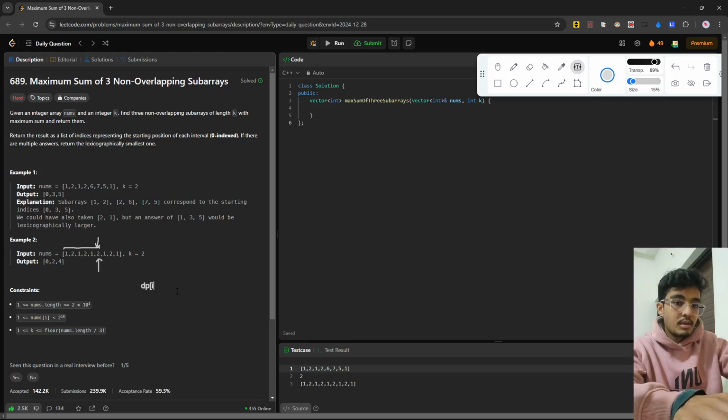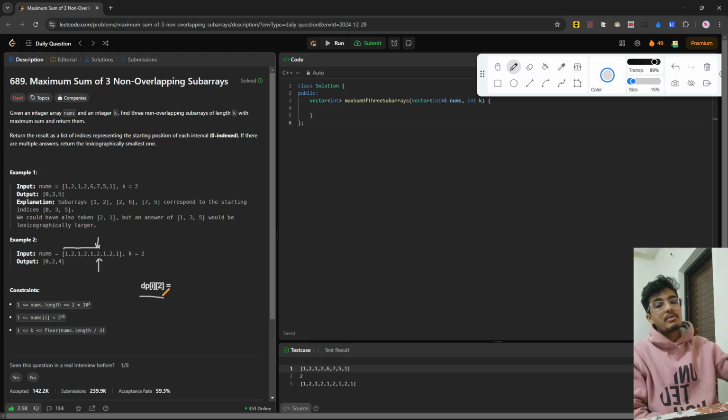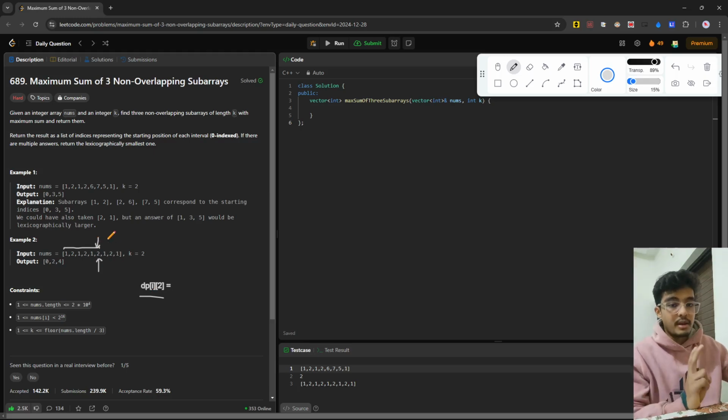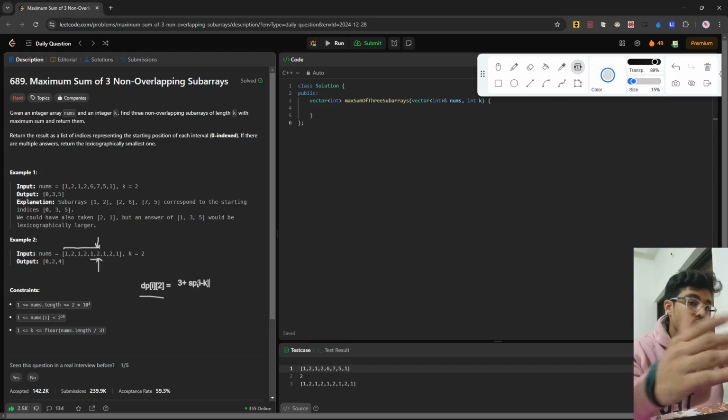So dp[i][2] basically means the maximum value possible for two subarrays of length k till index i. That will equal this sum, which will be 3 plus dp of i minus k, which is 2 in this example,